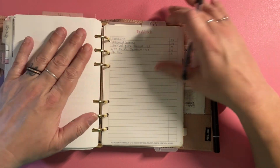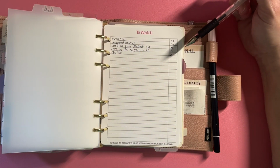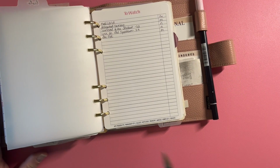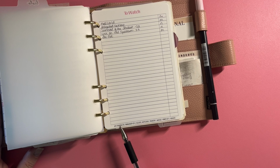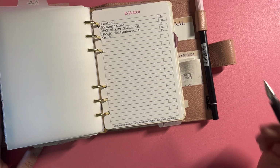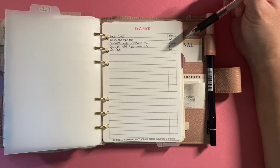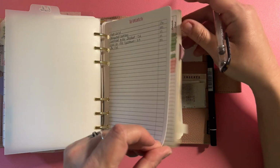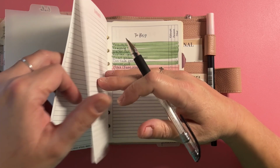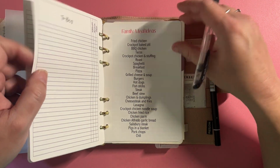And then we have my lists section. This is a running list of things we want to watch, and the network that they're on. And down at the bottom, I've got a key. Peacock is P, Paramount Plus is P plus, and so on, so we just know which app to open when we want to go watch TV. And then I've got a blank one, my to buy list, family meal ideas,